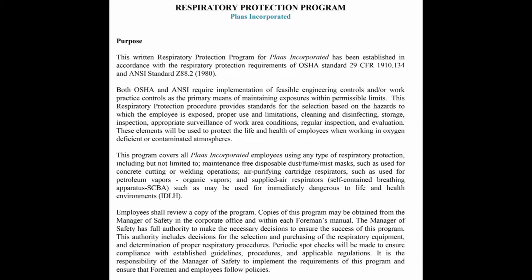Copies of this program may be obtained from the Manager of Safety in the corporate office and within each foreman's manual. The Manager of Safety has full authority to make the necessary decisions to ensure the success of the program. This authority includes decisions for the selection and purchasing of the respiratory equipment and determination of proper respiratory procedures. Periodic spot checks will be made to ensure compliance with established guidelines, procedures, and applicable regulations. It is the responsibility of the Manager of Safety to implement the requirements of this program and ensure that foremen